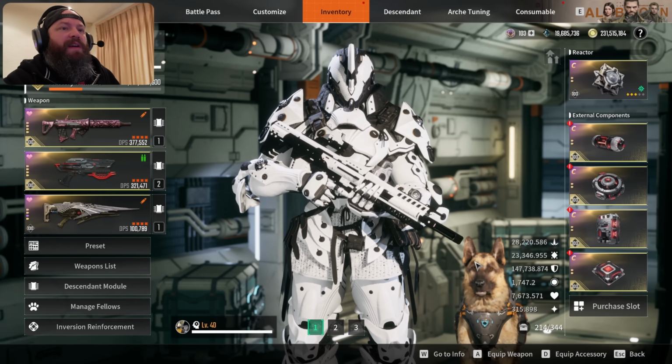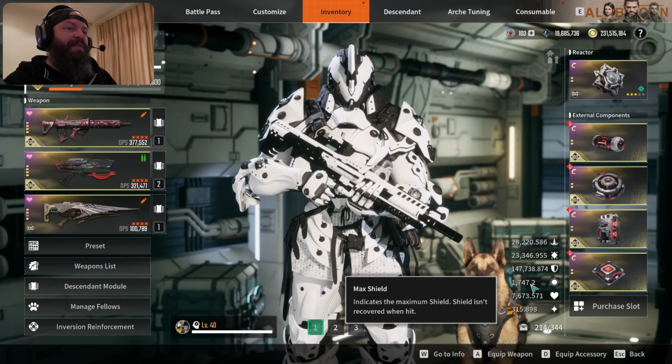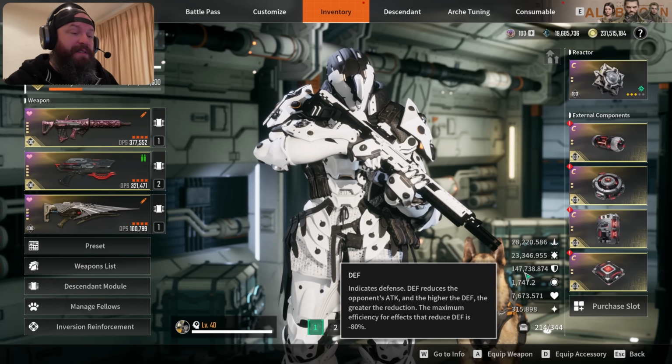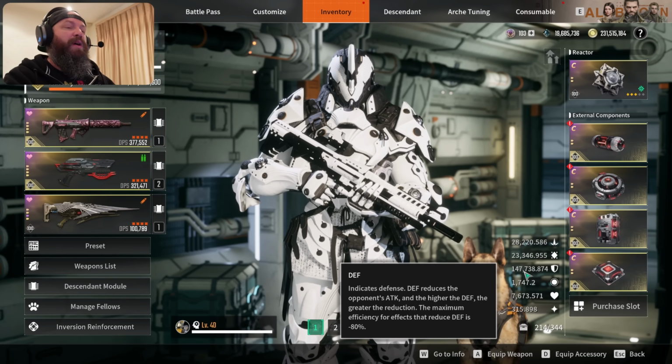But all of this together then means that I end up with not that great an HP stat, basically just under 8,000, and with about 1,700 in shield. But we have almost 150k of defense. Now again, please be sure to know that there are diminishing returns for defense. But the bottom line is